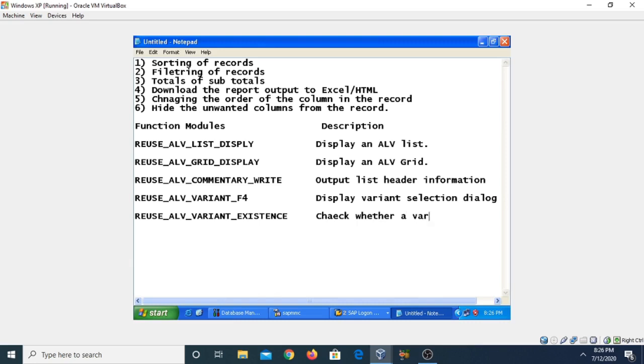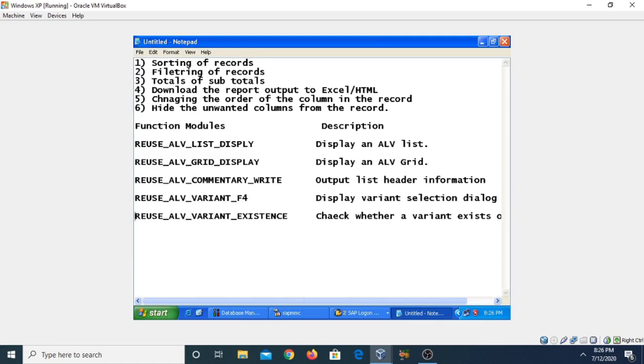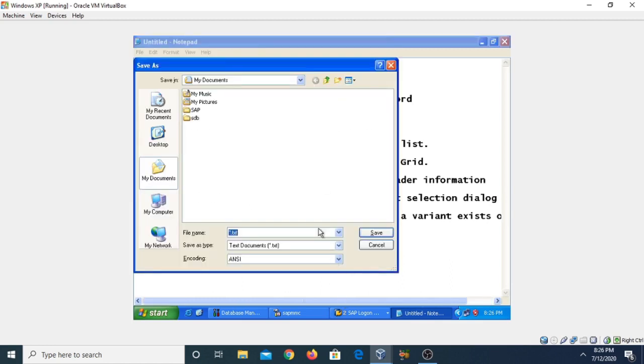So these are some of the ALV function modules which are predefined in the SAP system.